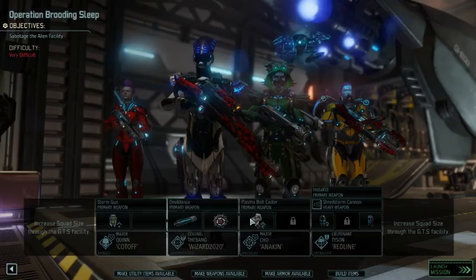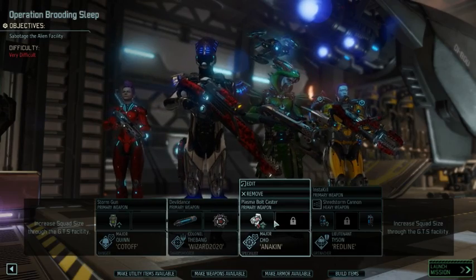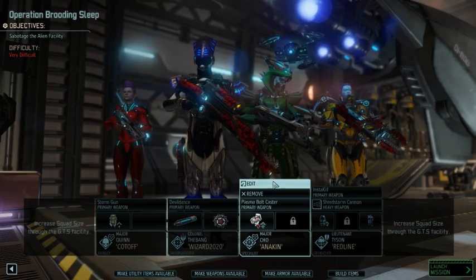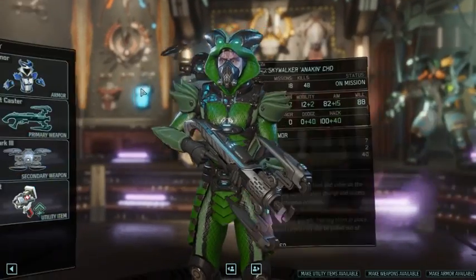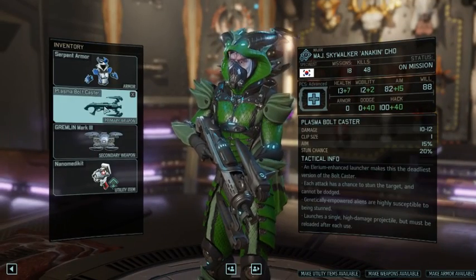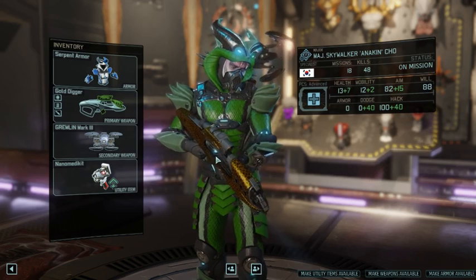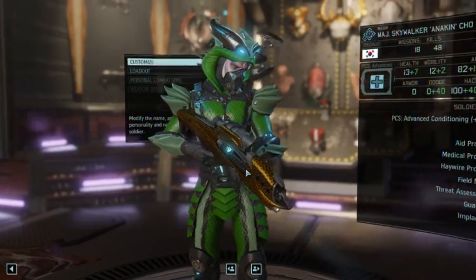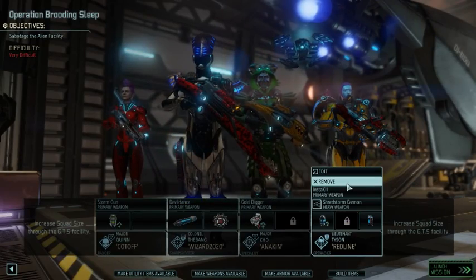Make armor available, yes please. Make weapons available, yes please. Make utility items available, yes please. First thing, by the way, the gun is okay, but I'm not convinced about that in the end game. Our guns here are better. We do have a repeater, and we have more ammunition, nearly the same damage. So,